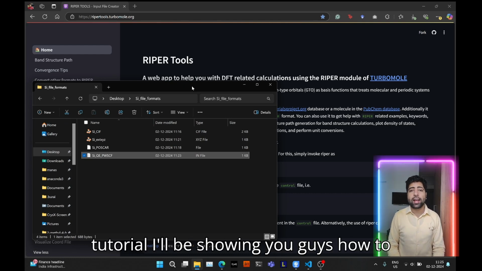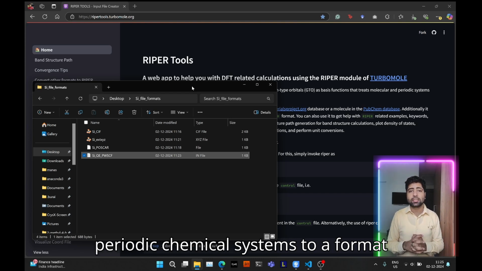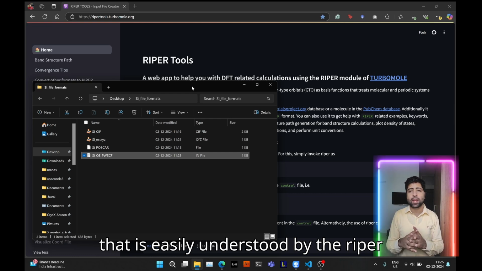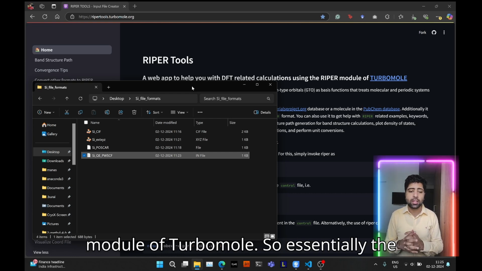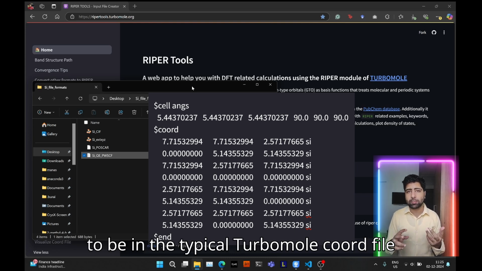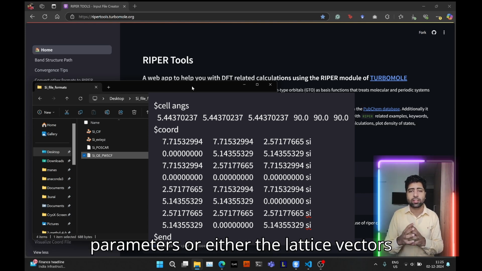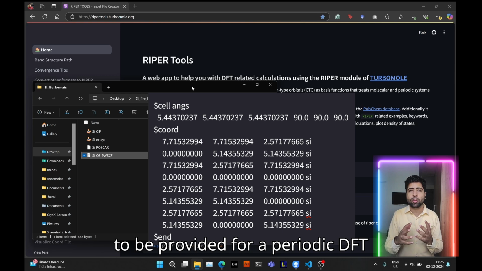So in this tutorial, I'll be showing you guys how to convert external file formats for periodic chemical systems to a format that is easily understood by the Ripper module of TURBOMOLE. So essentially, the Ripper module expects the atomic positions to be in the typical TURBOMOLE Coord file format, as well as it also expects the cell parameters or the lattice vectors to be provided for a periodic DFT calculation